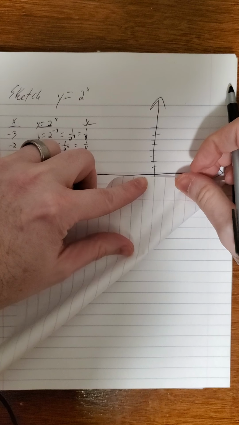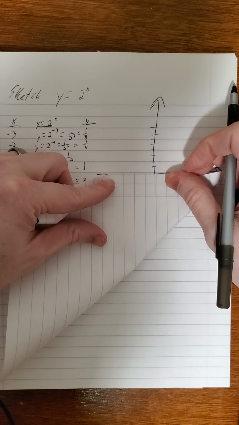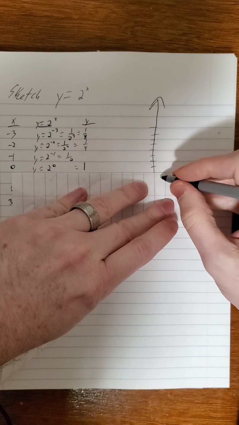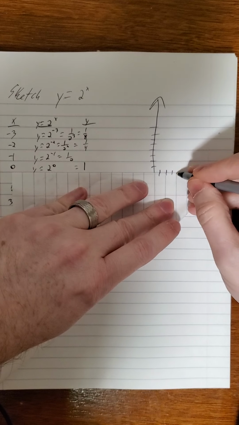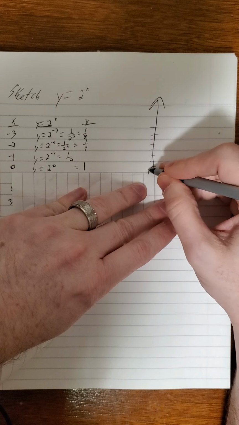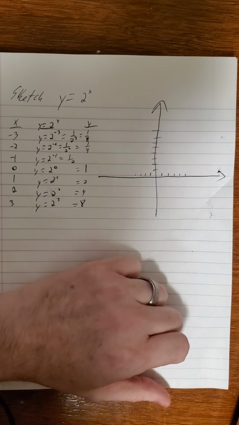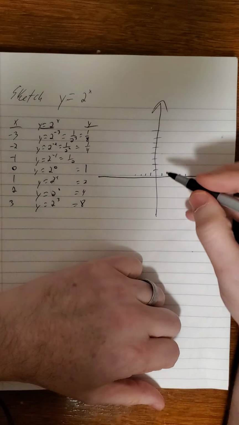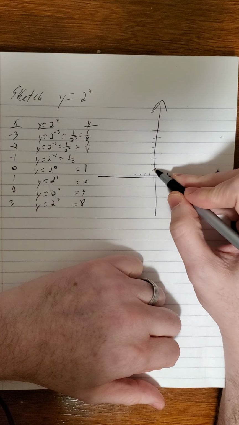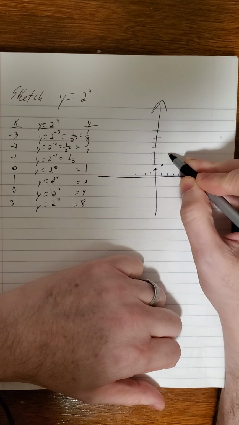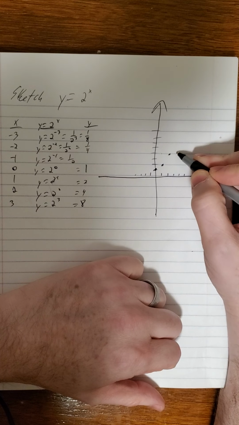It's kind of a quick, easy way to get yourself a little makeshift graph that's reasonably accurate fairly quickly. So 2 to the 0 is 1, 2 to the first is 2, 2 squared is 4, 2 cubed is 8,